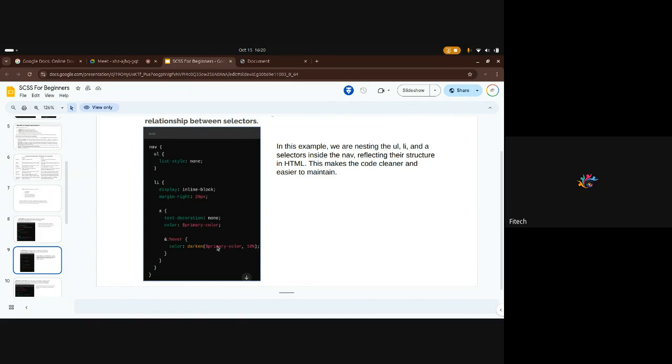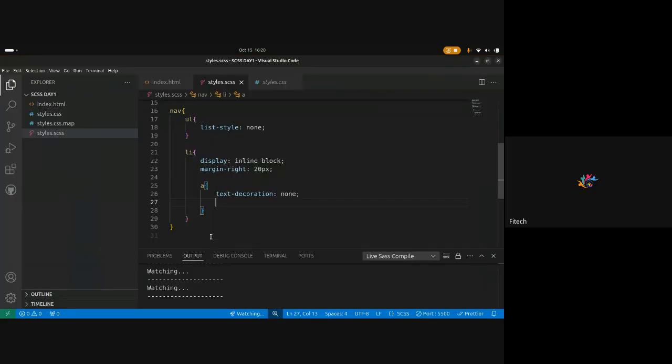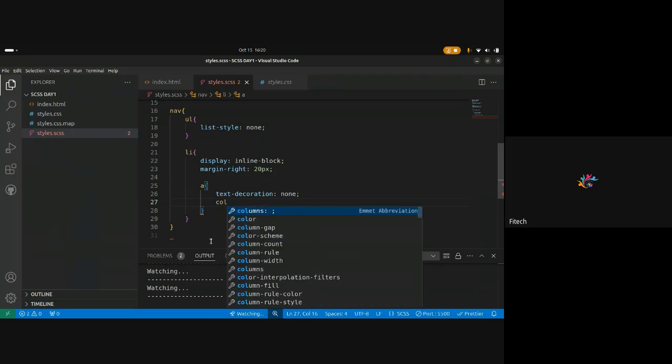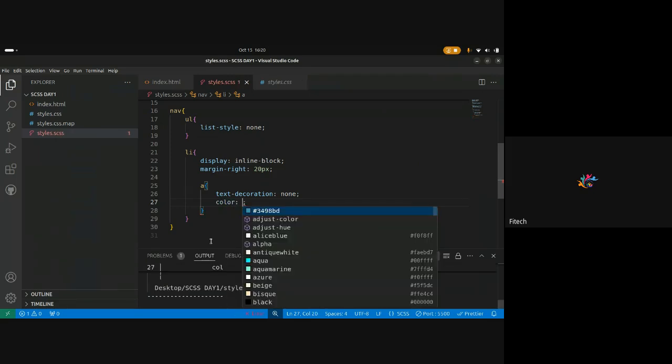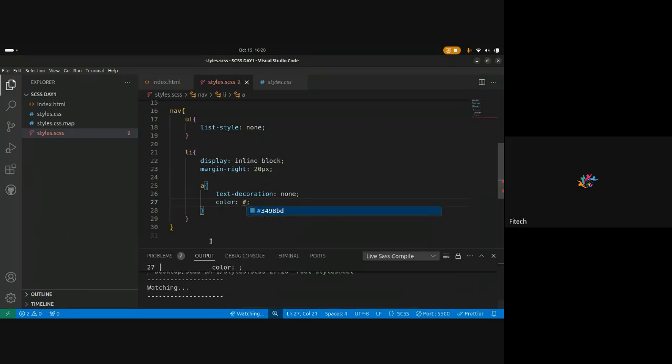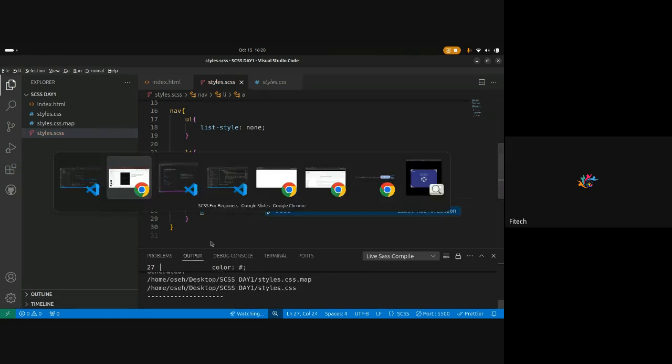Color darken. Let's just leave it as, let's just write color FFF for now. Let's just write 000. If you go back to our code, you can see